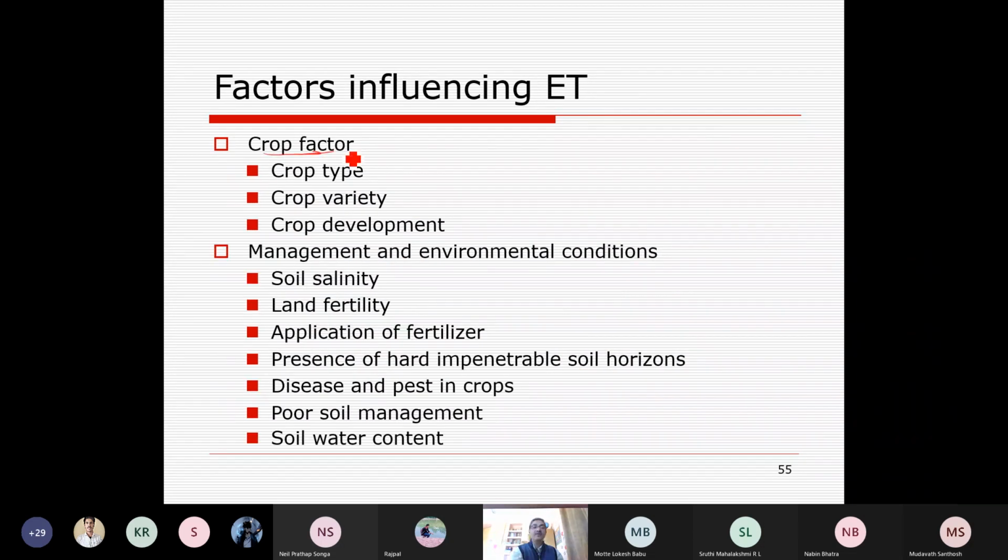Second is the crop factors. So first is the meteorological factor, then crop factor, management factor and management environment condition, which are basically affecting evapotranspiration. So what are the crop factors affecting evapotranspiration? Crop type, crop variety, crop development stage. Third is management: soil salinity or soil properties, land fertility, application of fertilizers that increases